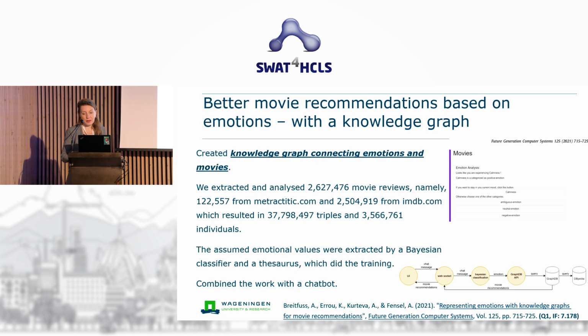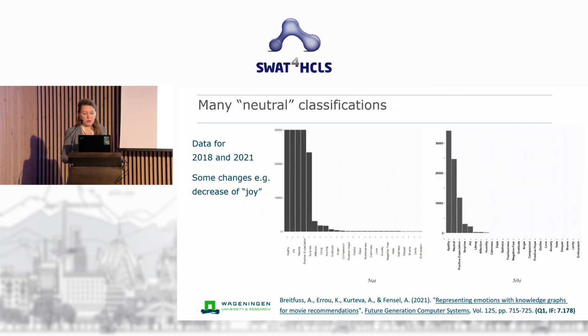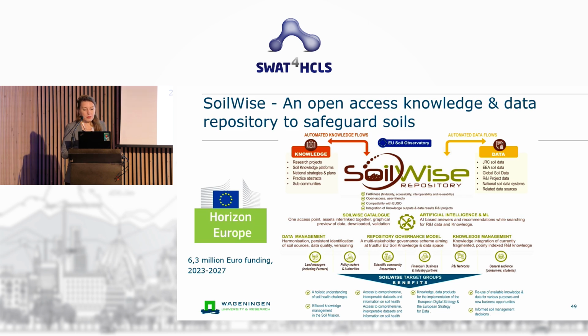So if you have such a resource, in principle, media companies could build such better recommender systems. We also saw that it actually worked in a meaningful way. For example, we checked the emotions in reviews before and after COVID, and after COVID they got more sad or more down reviews, which was also logical to us. So you can do some things well while generating such knowledge graphs using machine and deep learning.